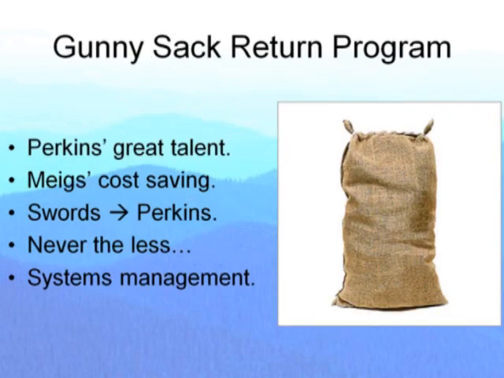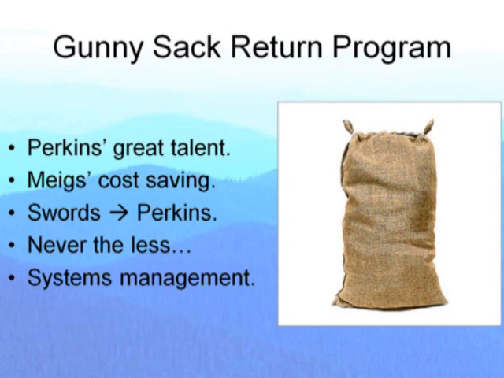Taylor relates that Simon Perkins had a natural talent for accurate record keeping. He probably acquired this gift from his business experience before the war. Sometimes this passion for detail, which infected the entire quartermaster department, reached ridiculous ends. Take, for example, the Great Gunny Sack Return Program. Meigs introduced a cost-saving measure in August of 1861. He ordered the recycling of gunny sacks used to hold animal feed. His reasoning was that the reuse of grain sacks that cost 7 cents each 3 or 4 times would save